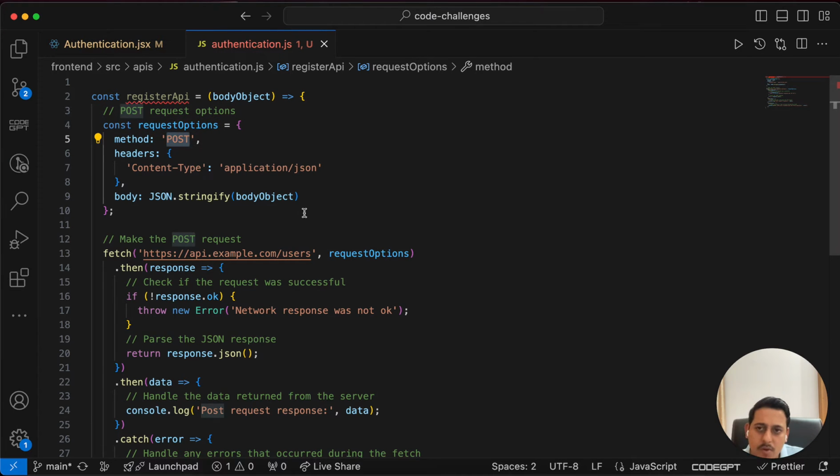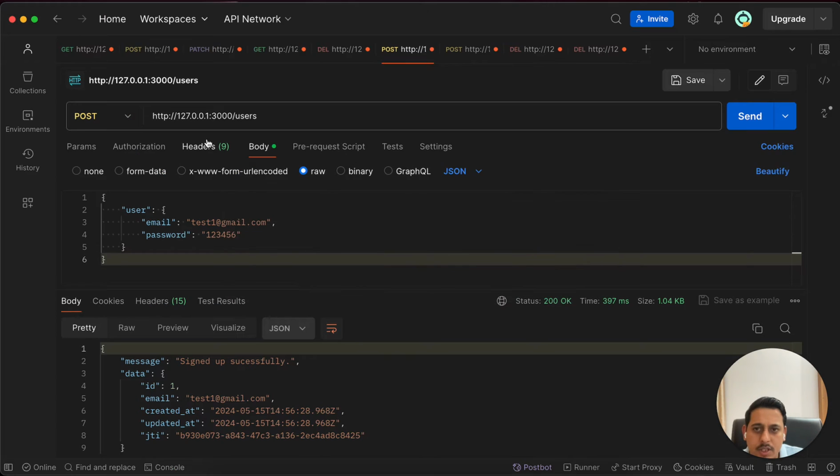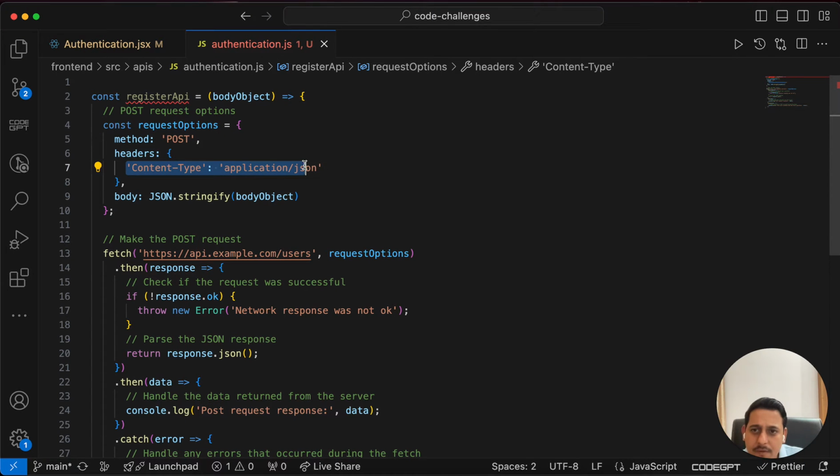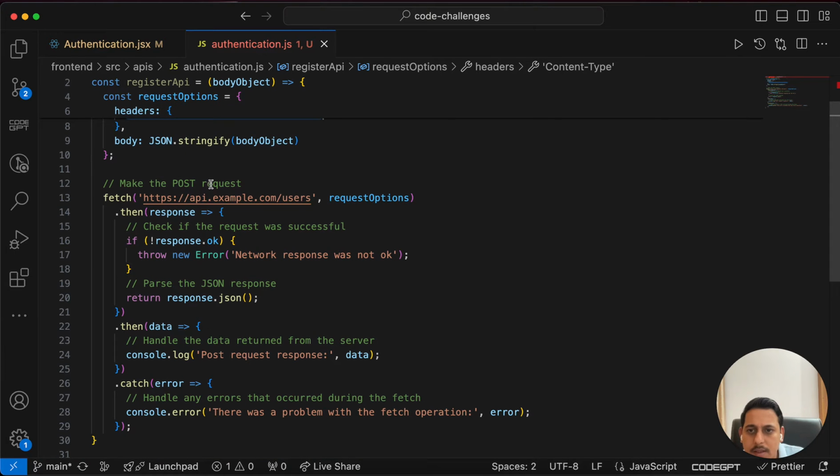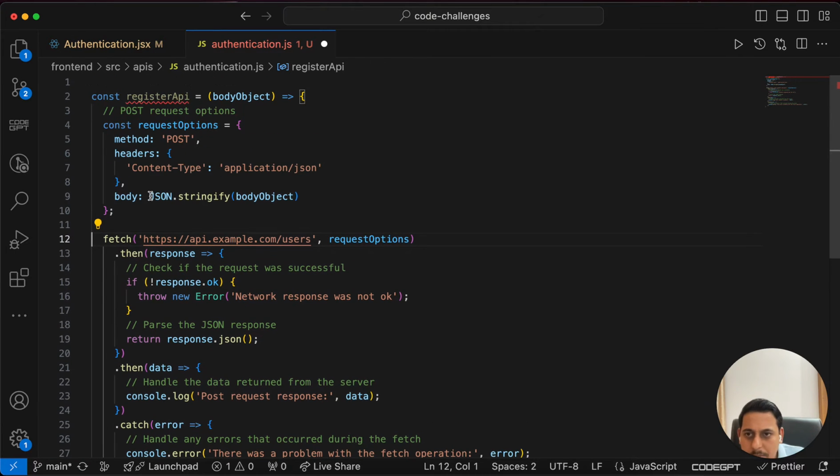And for register, we have to make a post API call only. If you check our Postman post API call, by default the content type application/json we can use. If you remove this, you will see some error. Then you can keep it again if you want to understand this in detail. Now we will need the API call for register API, right? So for that,